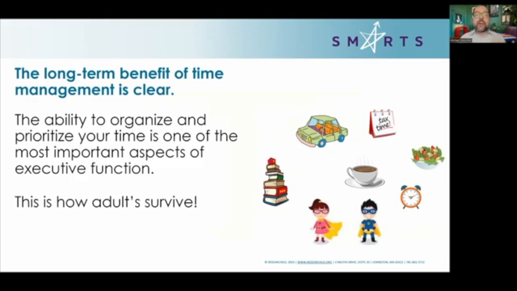The ability to organize and prioritize time is the foundation of the way that most of us use executive function in our everyday life. This is how adults survive. In SMARTS, we call them our EF adult superpowers, right? That's what allows us to make sure we get out the door in the morning with our cup of coffee on time. Plus, we know we've got to do taxes in a few months. Plus, we're working on this English project with our colleague. Plus, we're trying to eat healthier. Plus, we've got to fix the car. Plus, our goal to eat healthier fell off the wagon. We've got to get back on there.